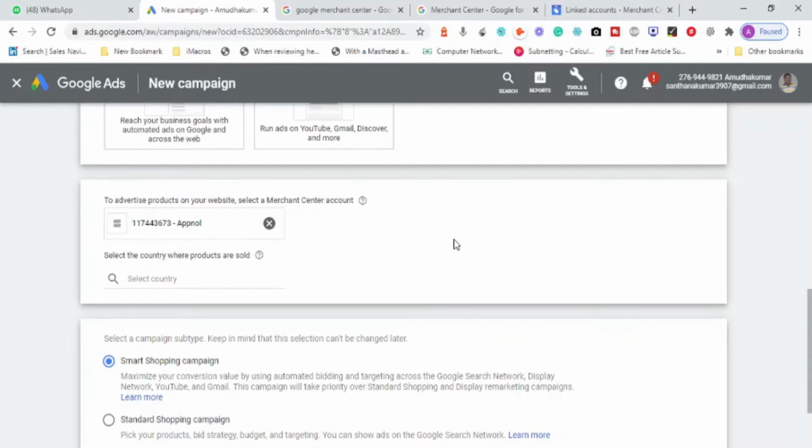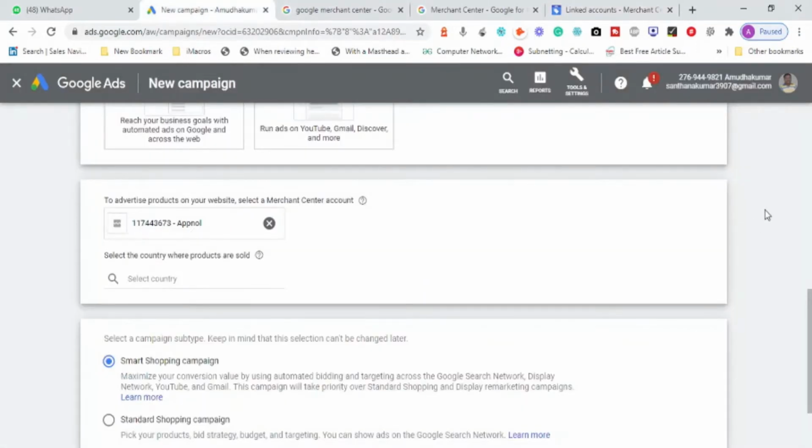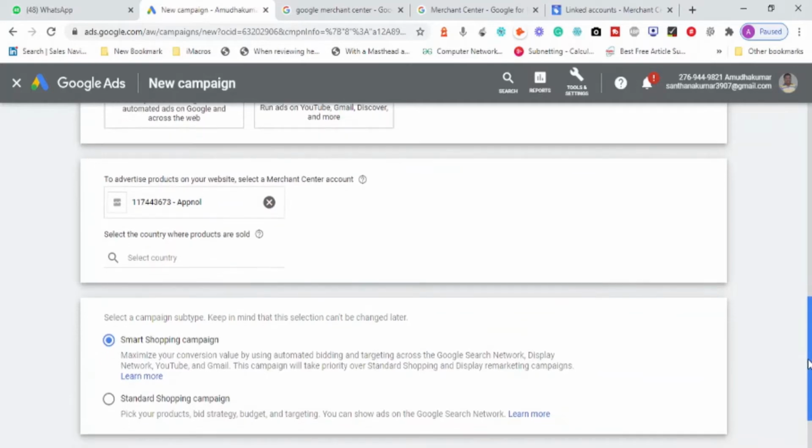about your e-commerce products. Like I've already said, there are a couple of other topics like keyword matching types, and also adding extensions to the account. Also Google merchant center, and how to use the Google keyword planner, the ad preview and diagnosis tool. I'll be teaching about that separately. Right now, once you have created an account with Google merchant center and linked it with Google's ads platform, we can proceed to create the Google shopping advertisement.